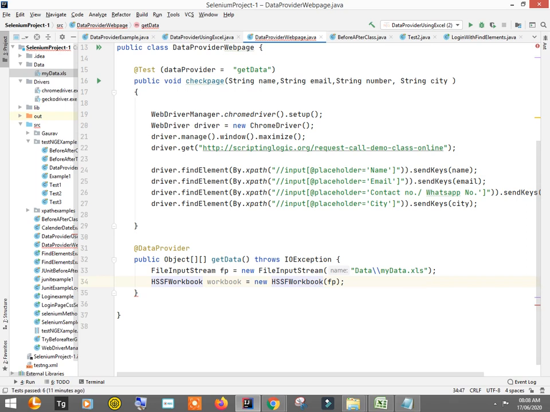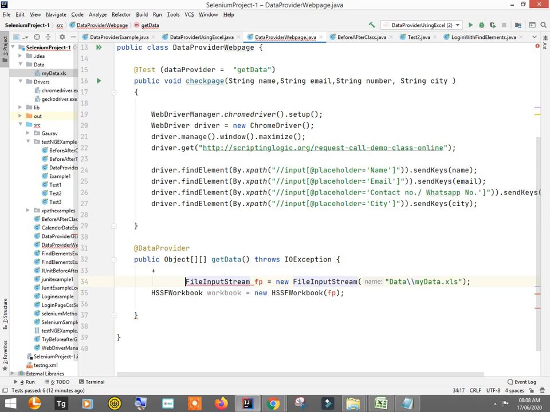Yes, when you create data provider, then you put the path of the file first to create a file string name, making it as an object, right? So the next step is a two-dimensional array object. Okay, it's like object two-dimensional array, right? I'm just looking. The two-dimensional array is yet to be written. I have not still written the two-dimensional array. No, but you defined it up there. No, object double array, public object. This is actually the return type, right?